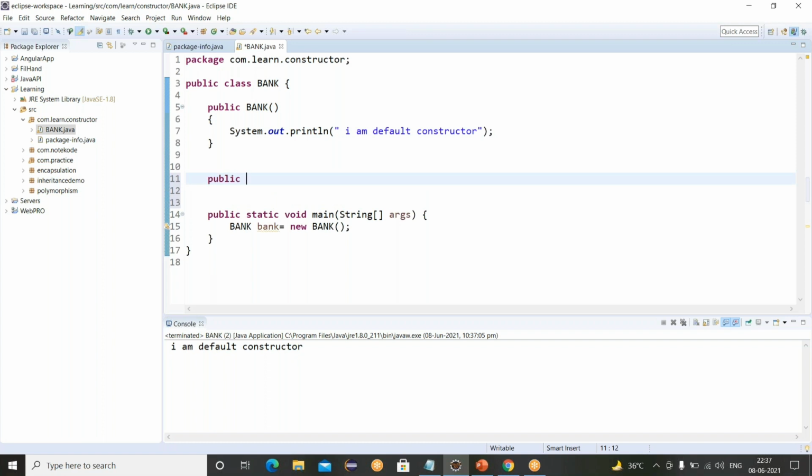Parameterized constructor: public Bank. Let me create a Bank constructor that will have a String account number. Okay.